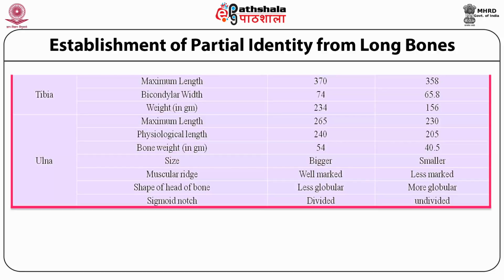The maximum length of the ulna is 265 mm in males and 230 millimeters in females. The shape of the head of the ulna bone is less globular in males and more globular in